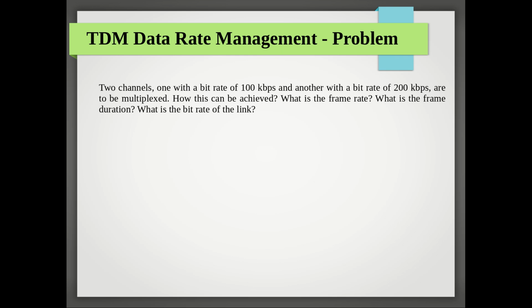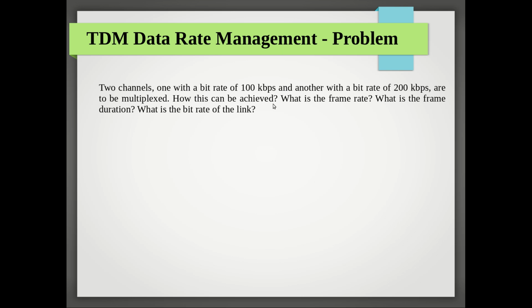And how can this be achieved? We already discussed three techniques. Can you tell me which technique is more suitable here? If you apply the last one, pulse stuffing, in every second you have to stuff 100 kilobits per second additionally, and that is just a wastage, so that is not needed,